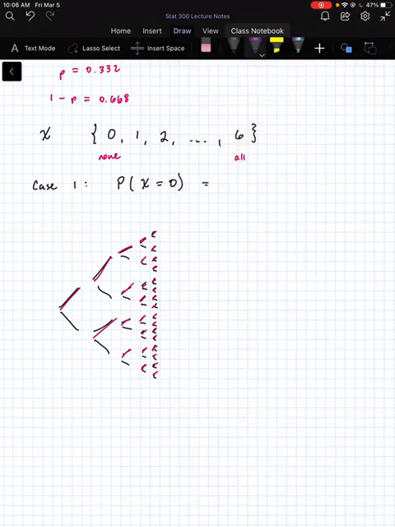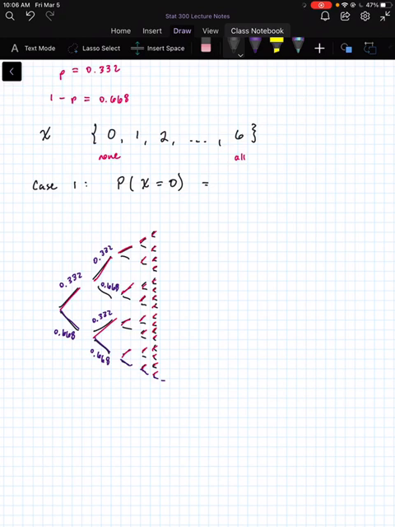So remember, if the top branches are all the yeses and the bottom branches are all the no's, then we have 0.332 and 0.668 for the first branching off. And then the next one is also 0.332, 0.668, and so on, all the way down until we get to the very last stage. So if we're selecting the case in which none of them have it, we're actually looking at this branch,